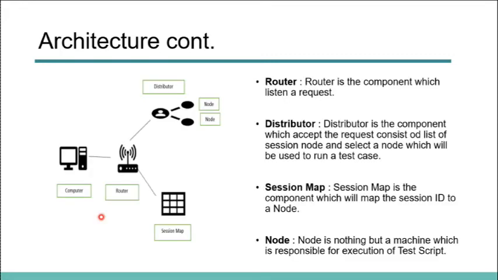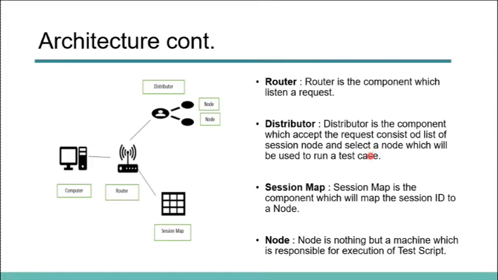Let's understand what the components are. Here are four components as I know: router, distributor, session map and node. Router is the component which listens to a request. Distributor is a component which accepts a request, consisting of the list of session